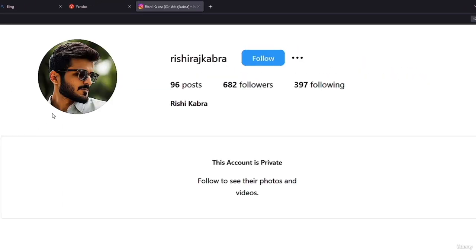And he also has a similar profile picture, so I believe that this is him. We cannot see his eyes, but we can see by looking at his beard and his hair that this might be the person that we are looking for. In addition to that, he used the name Rishi Kabra in his description. This is the display name, this is the username, and we can see the number of posts that he had,